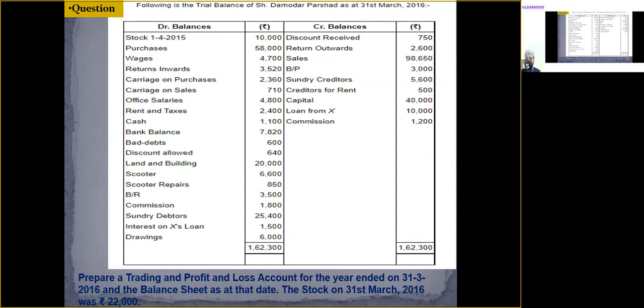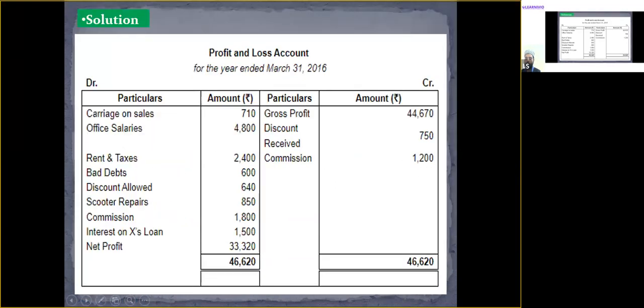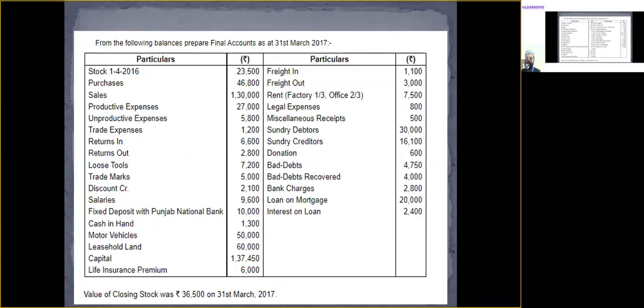In that question as well, we will be preparing the final account, wherein basically we will be preparing the profit and loss account, trading account, and the balance sheet. So guys, the question for you is this. Okay, so you need to do this question right now. In this question, from the following information, we need to prepare the final account of this particular entity.